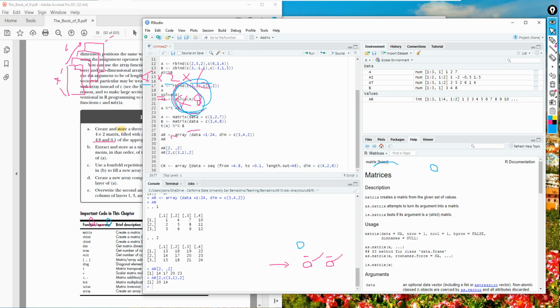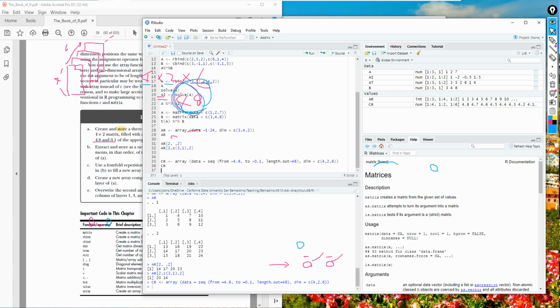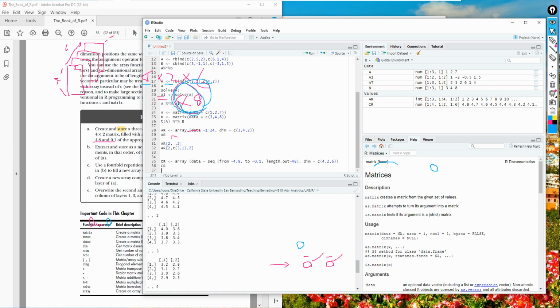Then with the array, I'm gonna execute this, and then let's just print CR. Let's run this. Okay, as you can see, this is the first floor, and then second floor, and then third floor, and then fourth, fifth and sixth. If you look at each floor, the dimension is 4 by 2 matrix. For each floor, each layer, 4 by 2, and so on. So it's all the way to what?